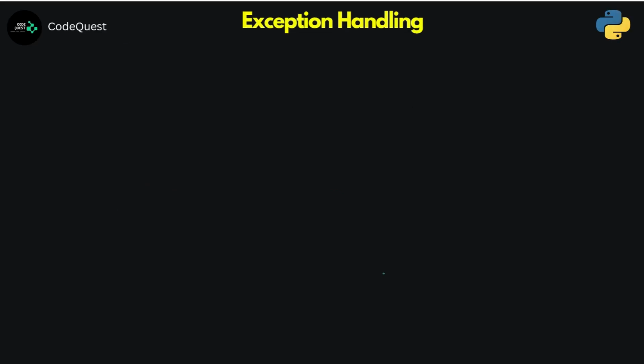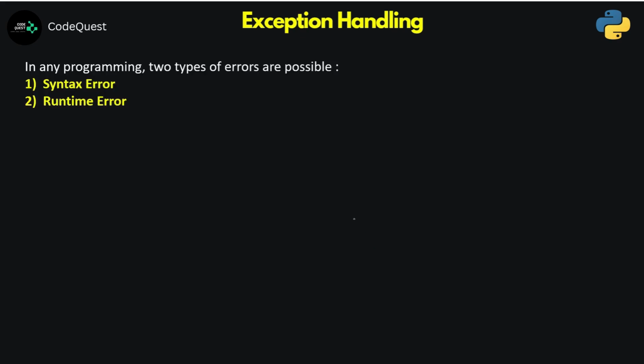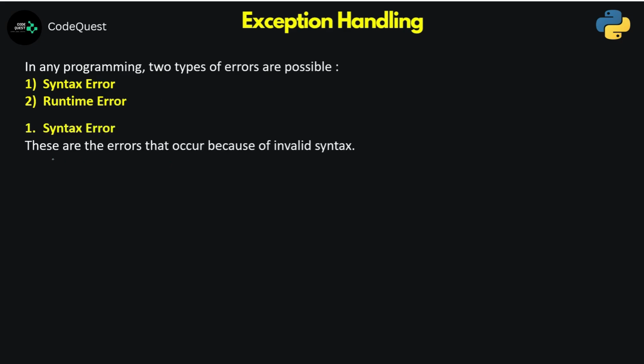So as a programmer, we usually come across two types of errors while developing programs, and they are syntax error and runtime error. Now, syntax errors are the errors that occur because of some invalid syntax. If we deviate from the syntax that is specified by a particular programming language, then you are going